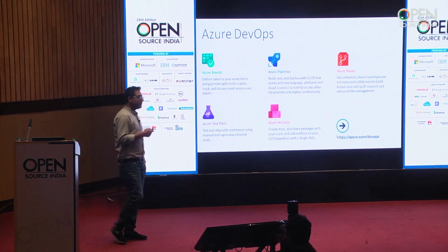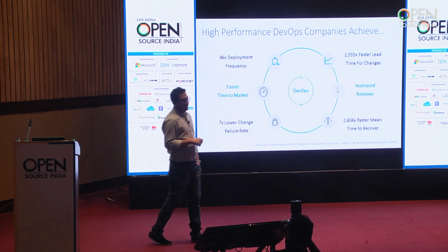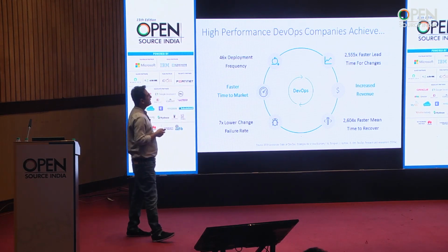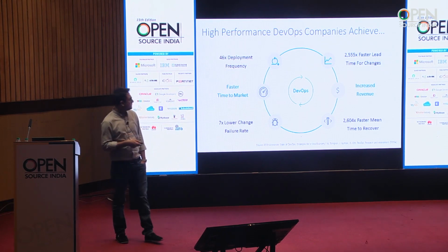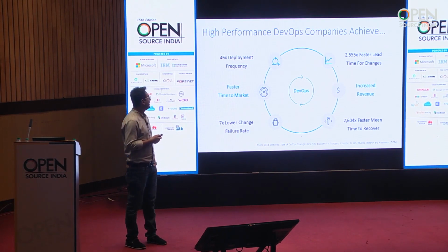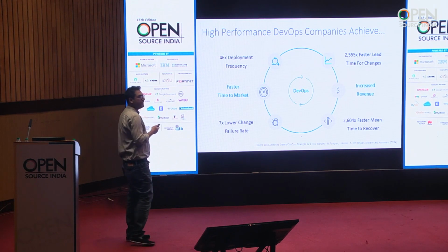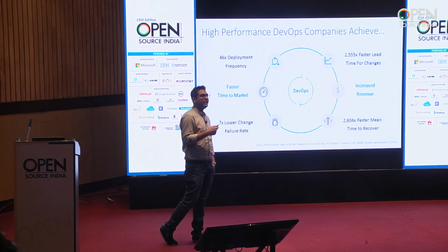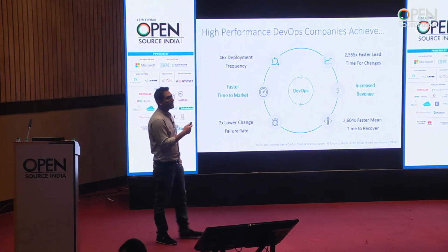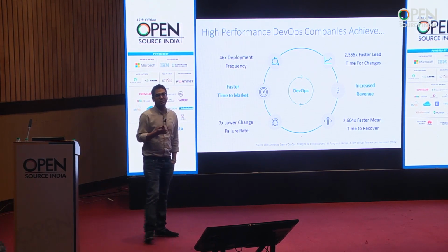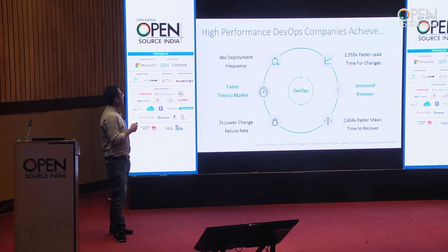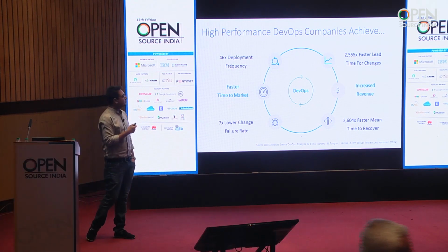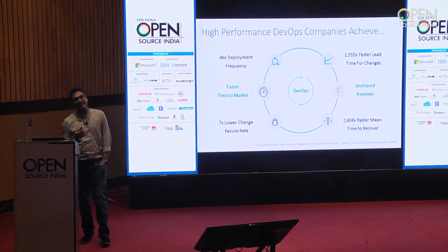So Microsoft went on its DevOps journey possibly a few years back. And this is one of the reports on the current status of DevOps in the industry right now, the latest report of 2018. These are 4 key metrics with which we measure progress, how we are tracking, and what changes we are bringing with the help of DevOps. If you just look at these metrics, they are huge. They can sometimes be mind-boggling.